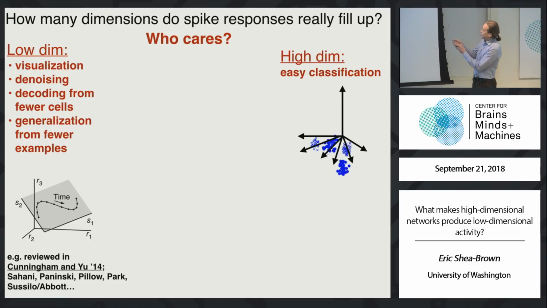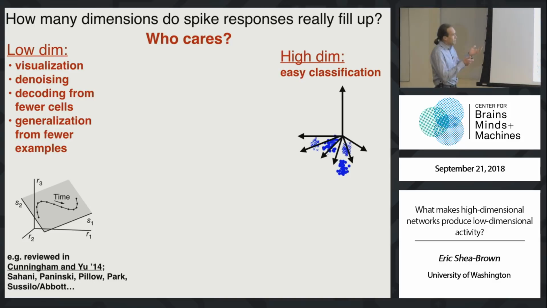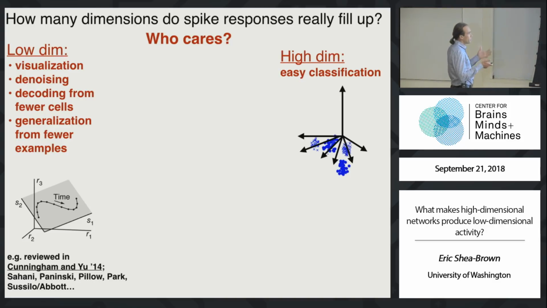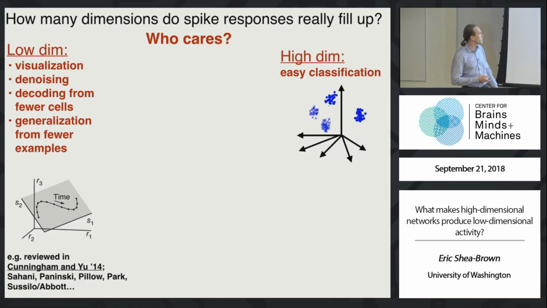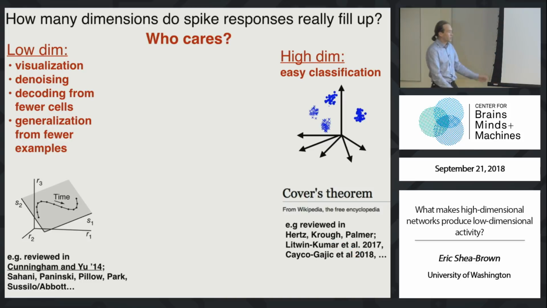For example, let's say I have a bunch of stimuli that correspond to one category. Those are O's, maybe images of Tommy, and X's, images of Haim. My brain wants to learn how to classify those. I'm going to need some complicated classifier if the dimension of that representation is low. The classic picture is if we lift to some higher dimensional representation, then classification becomes easy. Sometimes this is called Cover's theorem. Sometimes this is called the kernel trick. And there are beautiful reviews of this idea as well as applications in neuroscience, some co-authored by members of the